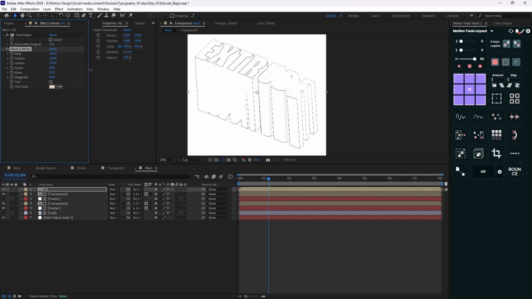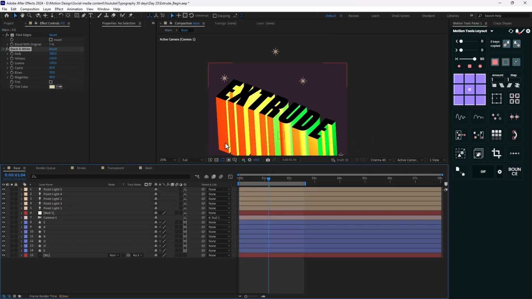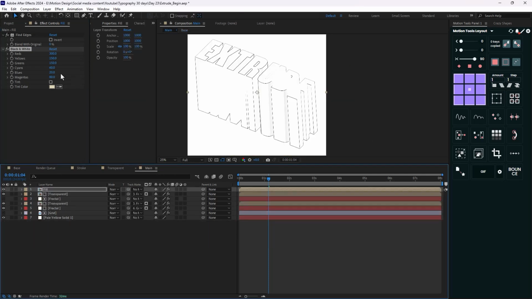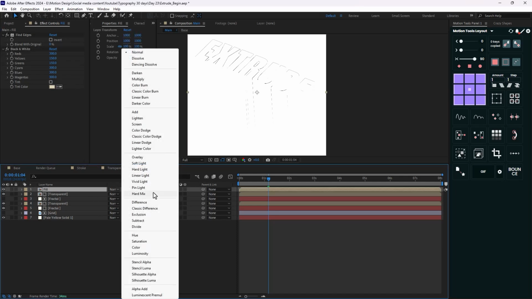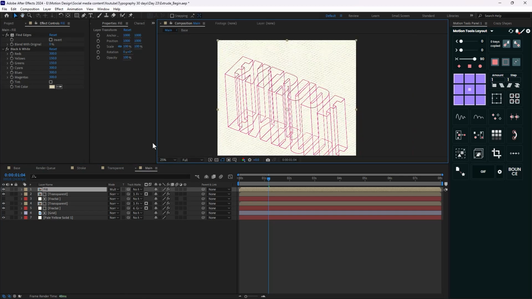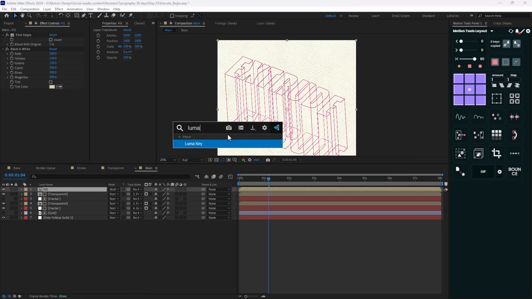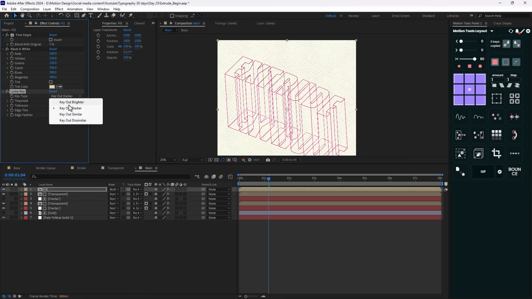And since, as you saw, we set our lighting in that way, this is basically what I'm trying to do, removing the unnecessary elements. So we can barely see anything. To fix that problem, I'm going to change the mode to multiply. All right, that's good. Now also we need to remove the background, so I'm going to add the luma key effect again. I'm going to key out the brighter parts,